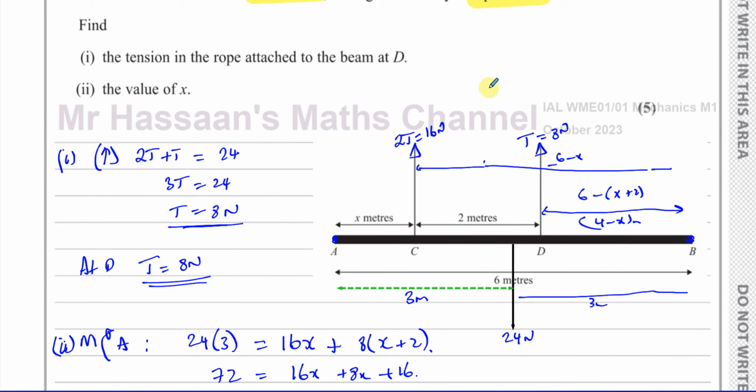And we're taking moments about B. So if we took moments about B, I'm just illustrating this to you, not that this is a good way of doing it, but just to show you it doesn't matter where you take moments about, you'll get the same answer. So we'll have the clockwise moments, which would be 16 times